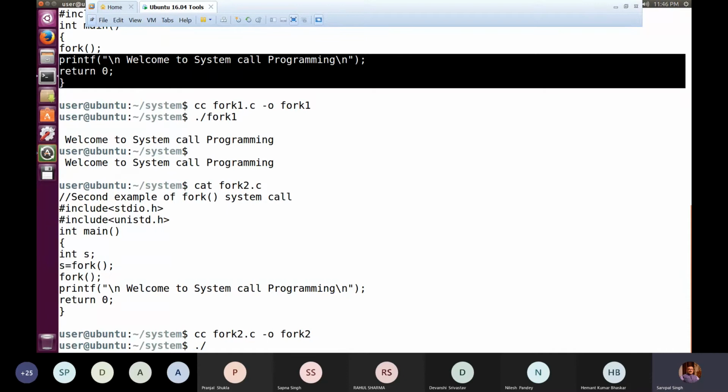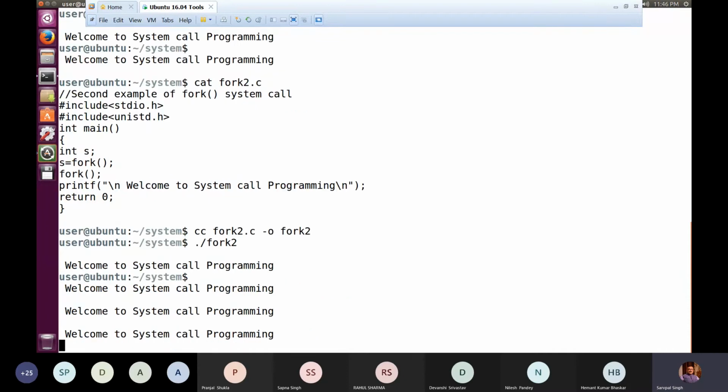So when I execute fork2, what is happening? 4 times I am getting "welcome to system call programming". And the reason, as you very well know, is that the original parent is creating 2 child processes, one with the first fork and the second with the second fork. Since the second fork was common in both the parent and the first created child process, the child is also executing that fork, and it will also create another child.